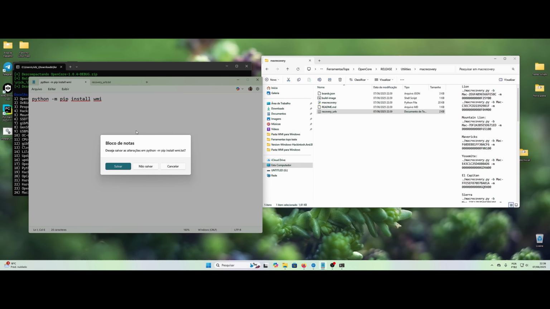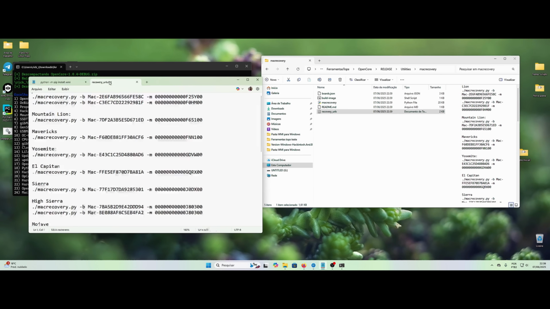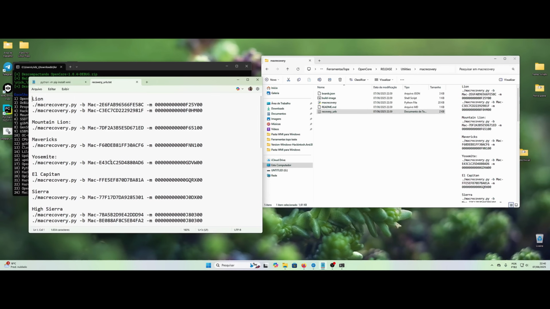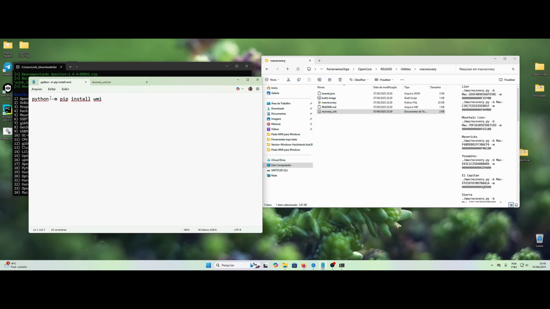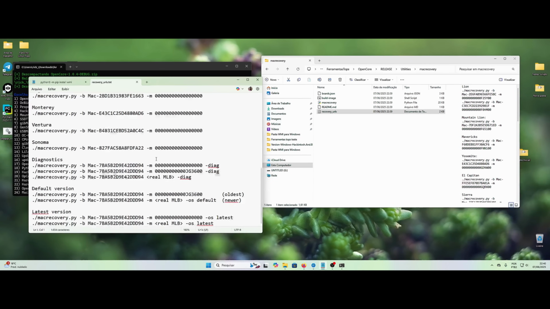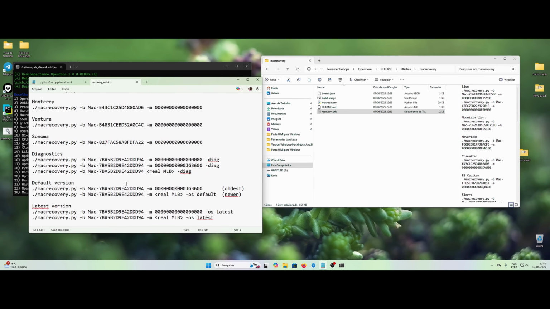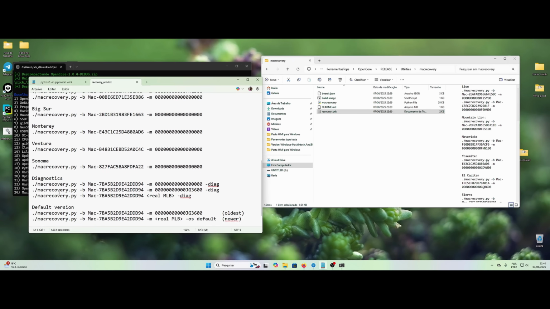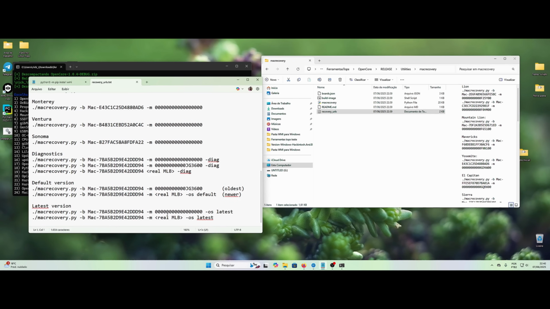Let me cancel. I had left it here, but oh, here I forgot to put the 3, right? It's python3 -m pip install WMI. So come on. Oh, we'll come here in the latest. Let's take the 0 here, final copy there. Control C.